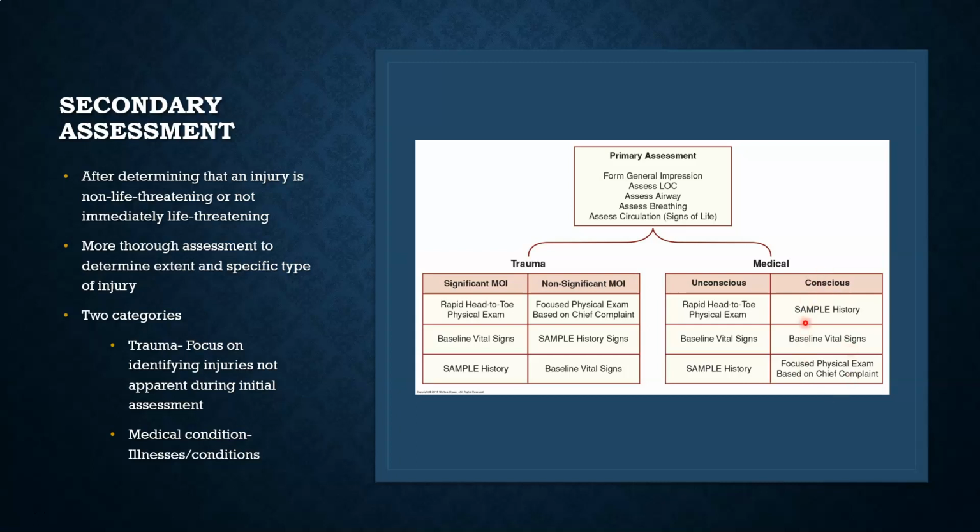We're going to primarily go straight through this to get them referred, because with this loss of consciousness, if they're unconscious, we're really going to stay primarily in this primary assessment. But you can see we would be collecting vital signs second, after our rapid head-to-toe physical exam, while we're waiting for